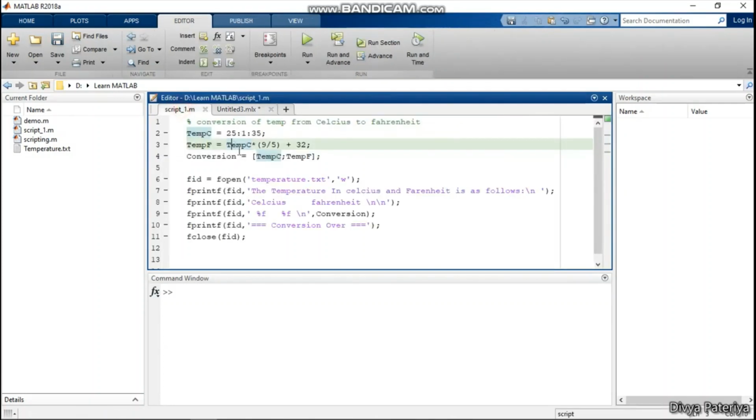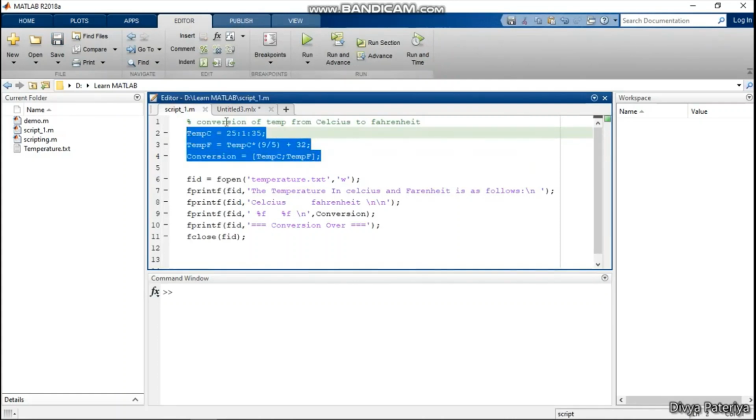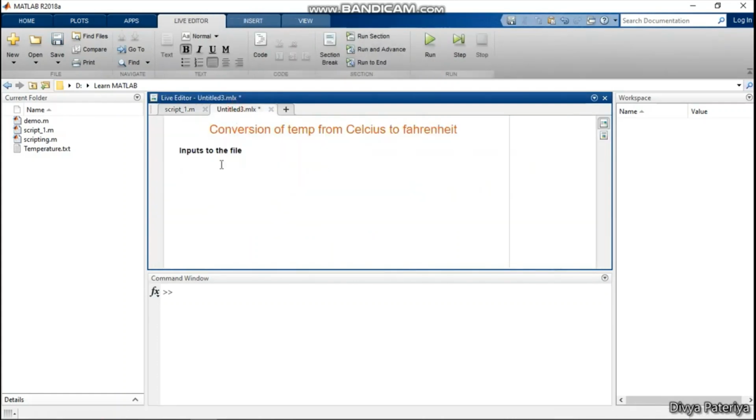I will simply copy and paste my inputs from here into my live script. Before pasting the inputs, I have to select this Code button, because if I do not click on the Code button, all of the inputs that I write will go inside the text only. So I will first paste it and then we will see.